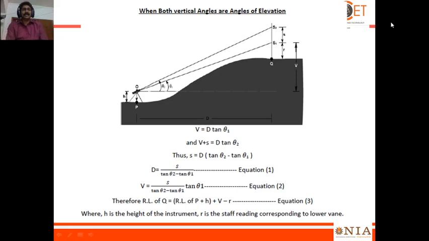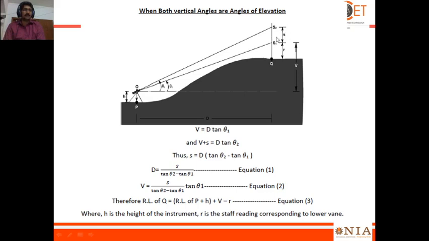See, this is the first case. If the object is at an elevated point and I am able to hold the staff over that point also, now I have set my instrument at position P and the height of instrument is H, and the normal horizontal line of sight is this. From the normal horizontal line of sight to the first bottom reading is called V, and from the staff ground position to the bottom is denoted as R, and the second reading gap S1 to S2,